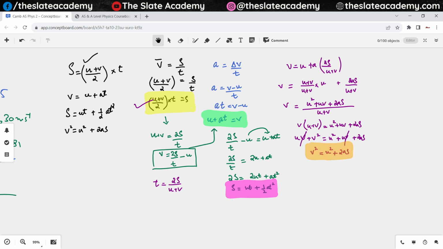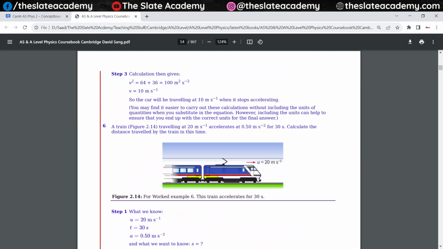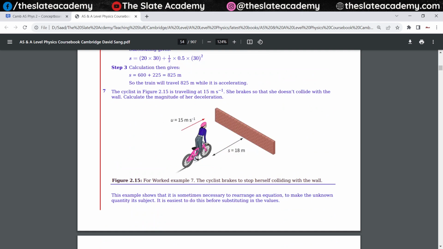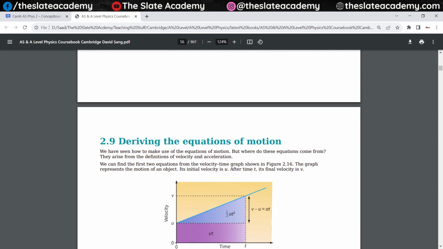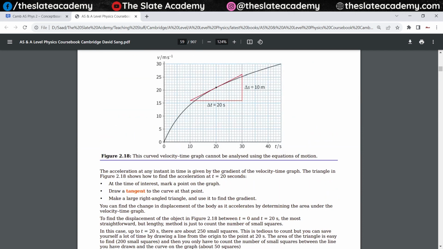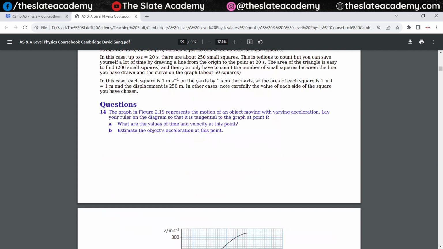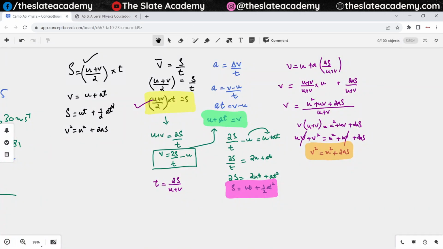So here you have all these equations of motion derived. This is the equations of motion derivation you have done. Equations of motion, uniform acceleration. Acha, we know that there is a difference between